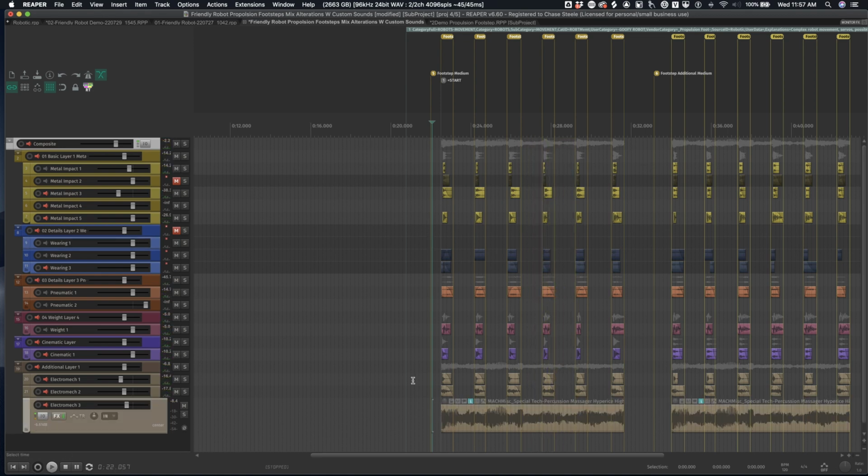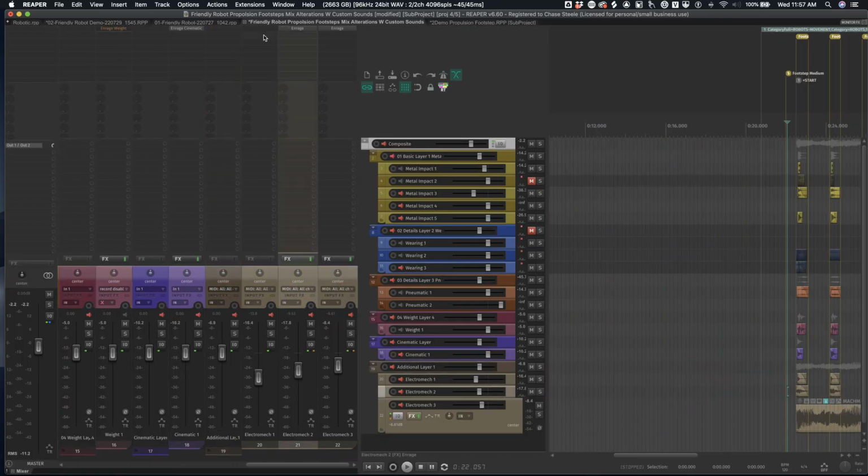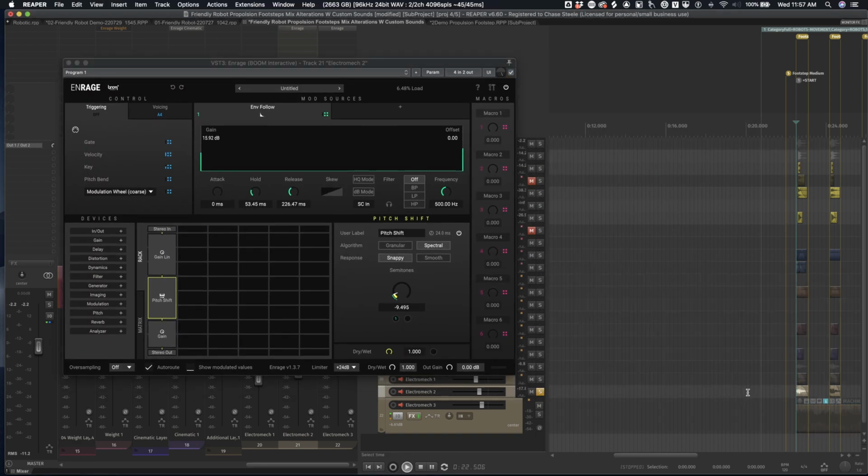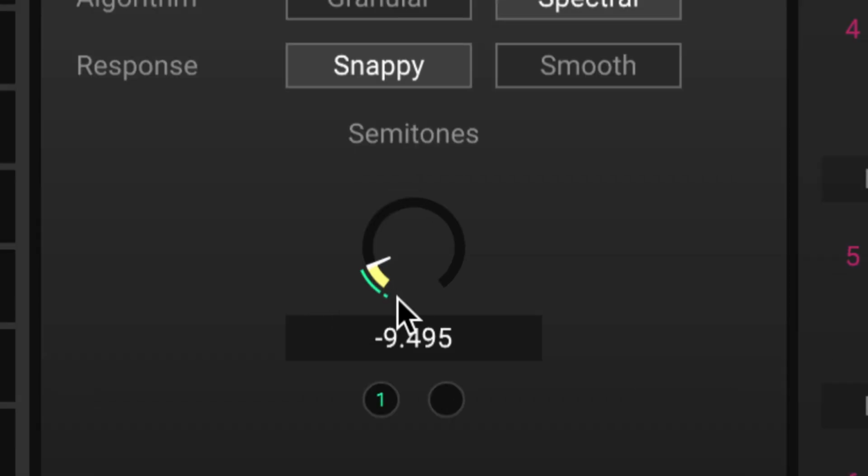All right. In the interest of doing a little bit more creative work, there are plugins that are also included with the Strata collection. So on two of these tracks, I have Enrage. So I think it's the hand mixer right here. I have some automation going on, where basically I'm using this electric mixer. I'm playing with the frequency a little bit. And I have an envelope follower set up so that the envelope is actually triggering that change right here. So that's what you're seeing.